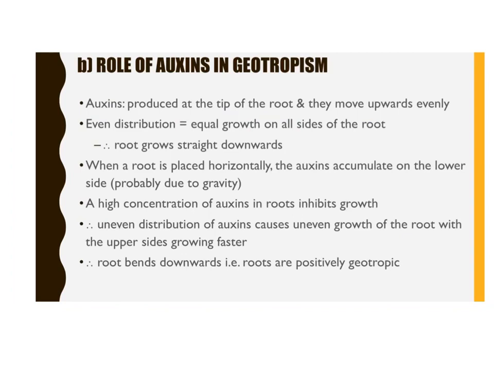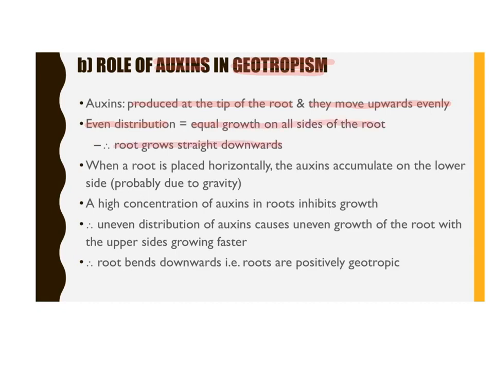You will see now, when we're looking at geotropism, again caused by auxins, that a lot of the statements are quite similar. We're just saying slightly nuanced differences. So here we say auxins are produced at the tip of a root. Remember, you always say where the auxins are produced. And here they move upwards evenly, whereas in phototropism they are produced at the tip of a stem and they move downwards evenly. And then we say again, even distribution means equal growth on all sides of the root,